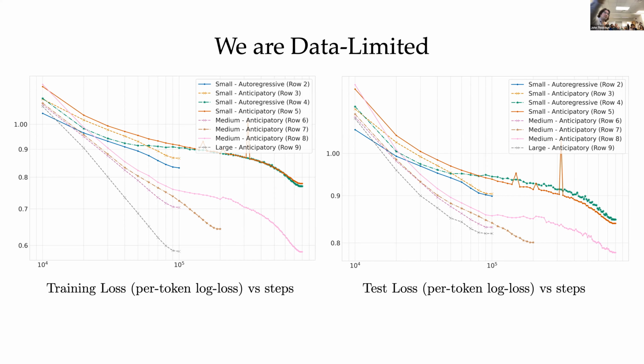And to think about this also, so this is 10 to the 5, 100,000 steps, versus here's the 800,000 steps models. The training data for this is about 3,000 or 3,300 steps. So for 800,000 steps, I'm taking like 400 passes over the training data. And so it's not surprising that overfitting would start to show up. And in fact, it clearly does. And if we wanted to train larger models, we need more data, or we need clever augmentation, or we need more modalities, or we need an idea. We're not going to solve this problem just with scale. We need an idea for how to make further progress on this problem.